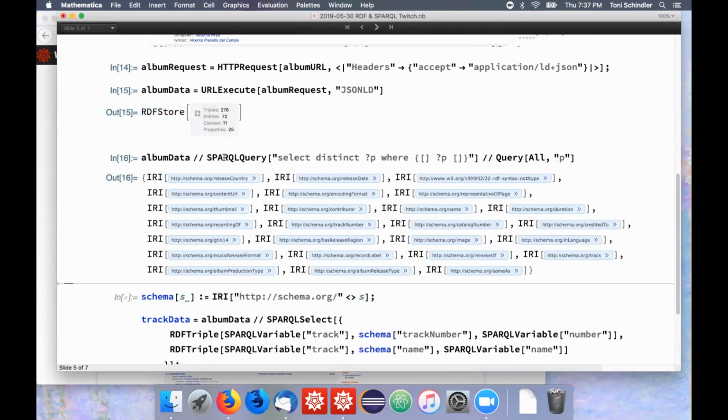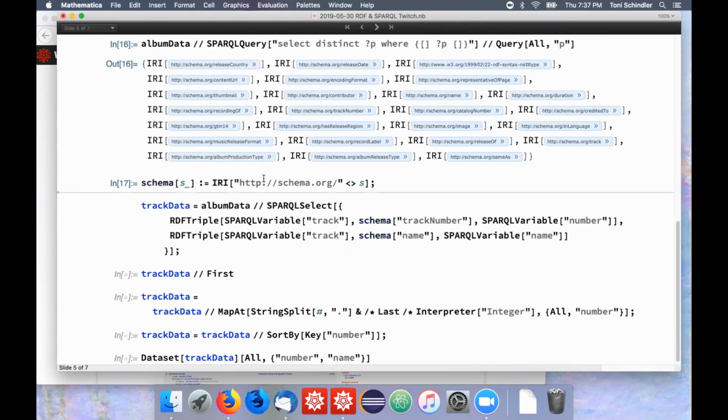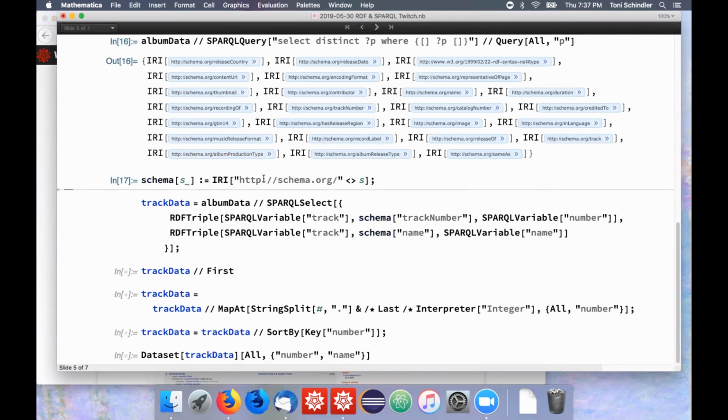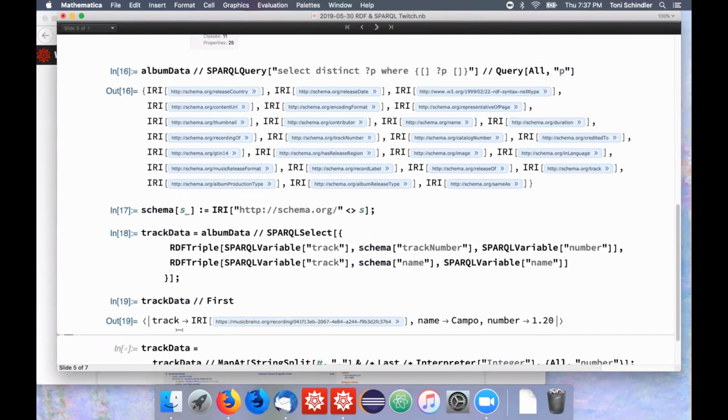And then we can look, for instance, at the properties, and we can see, it's using schema vocabulary. So let's introduce a shortcut to create those schema IRIs and look up for each track the track number and the name. Yeah. So the track